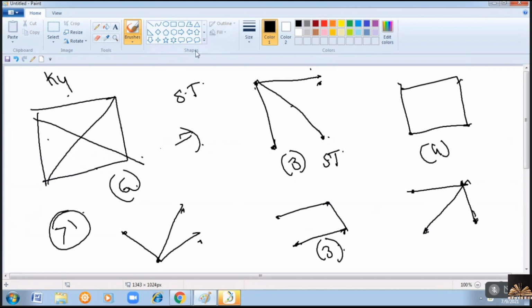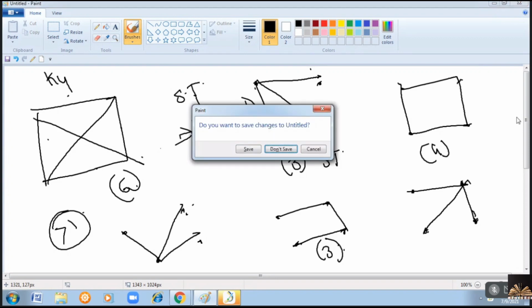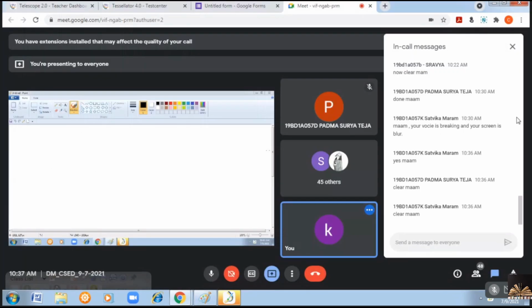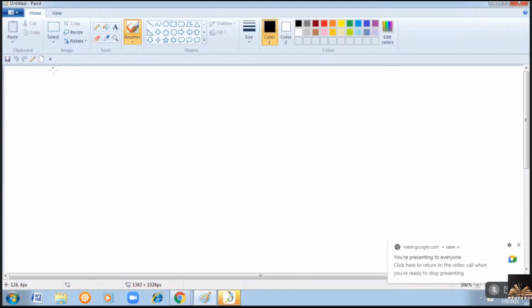Clear? And the number of edges in a spanning tree is always n minus 1, where n is the number of vertices. If a spanning tree contains n vertices, then the number of edges is n minus 1. For a tree also it is the same. A tree must always contain n minus 1 edges if the number of vertices is n. Clear? What is a minimum spanning tree?